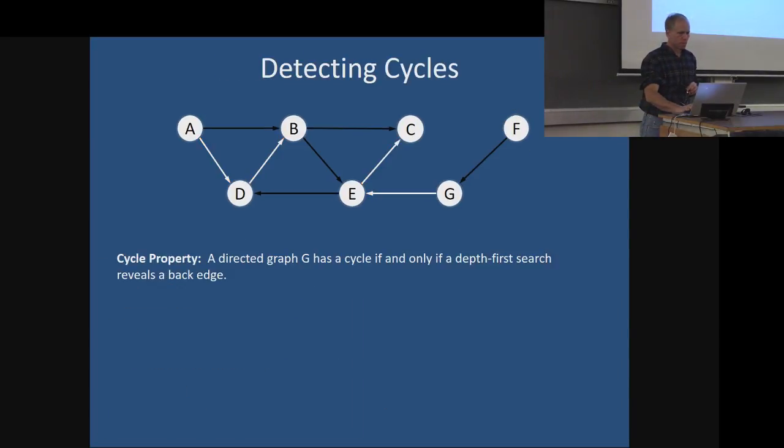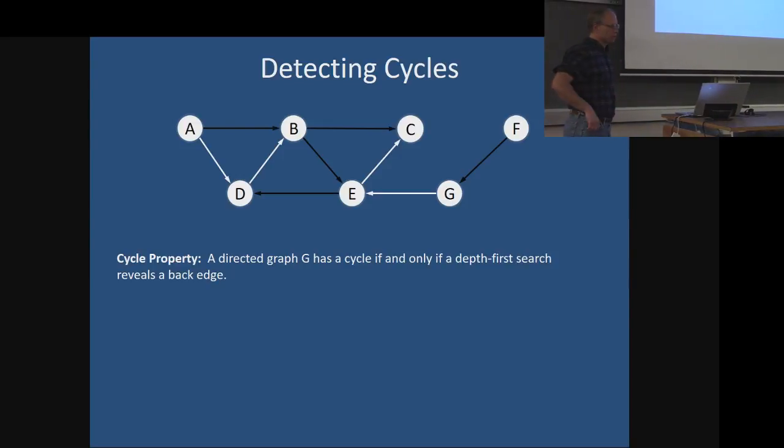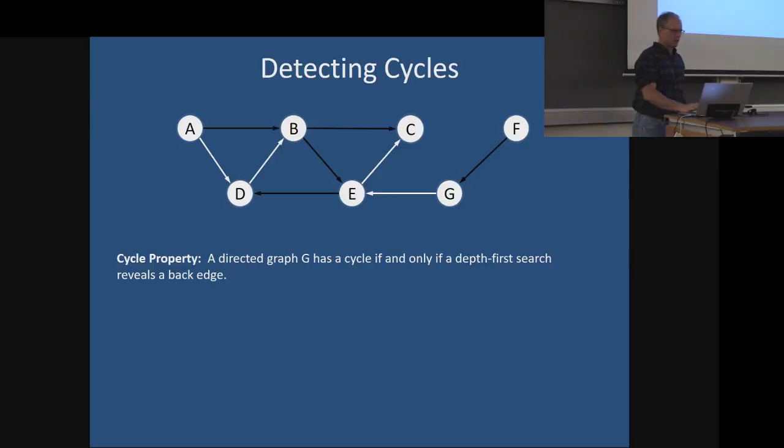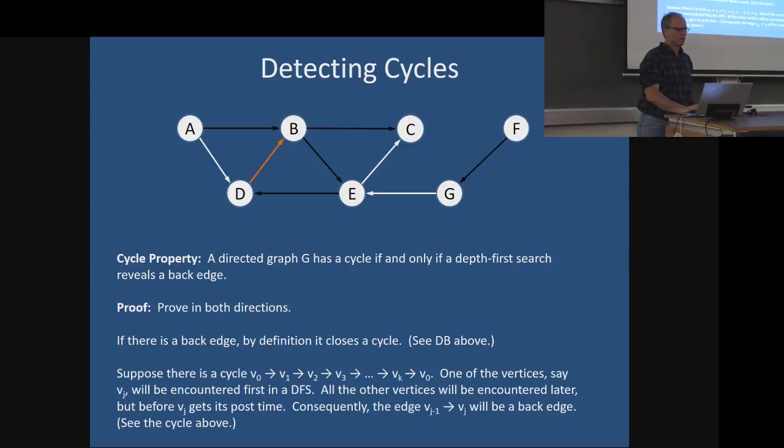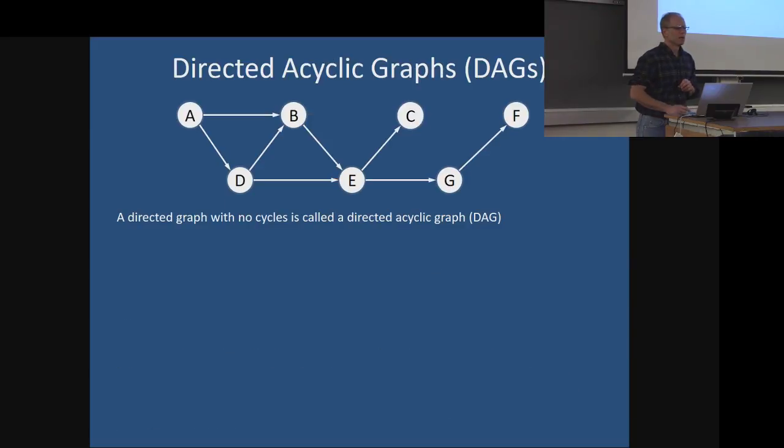Okay, so here's what I just said, the cycle property. There's a cycle if and only if the depth first search reveals a back edge. You can look at that later, but it just repeats a little more formally the argument I just made. All right, that's just illustrating the cycle. So this was DAGs. So we looked at depth first search on DAGs, and